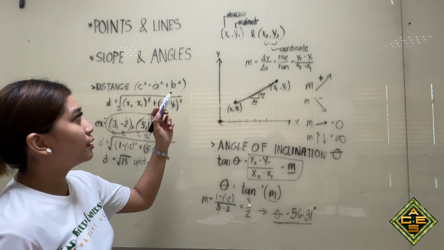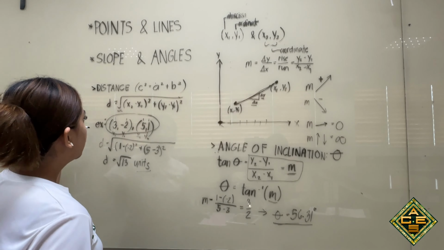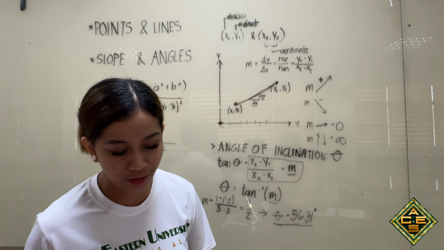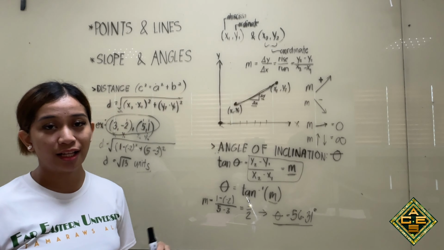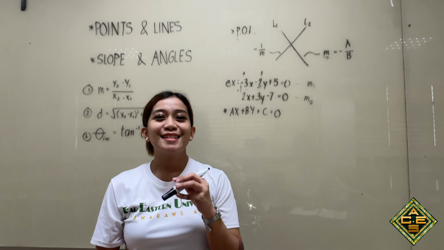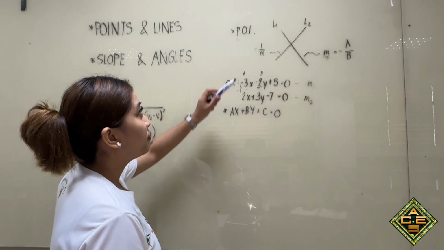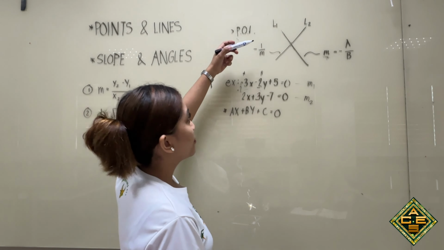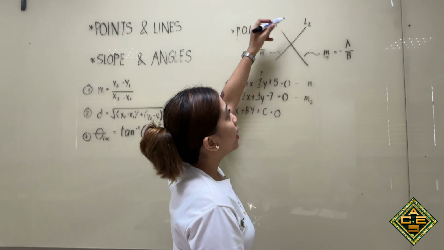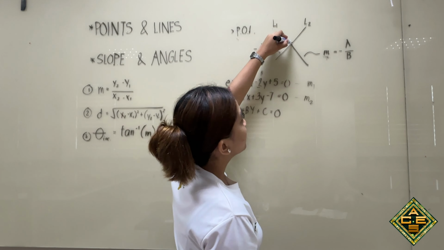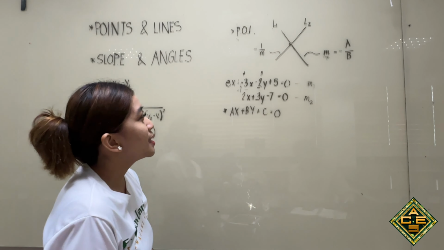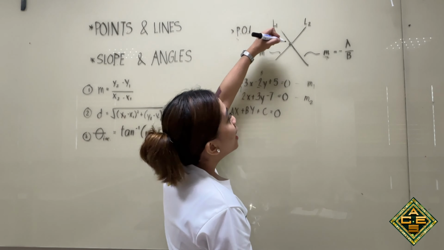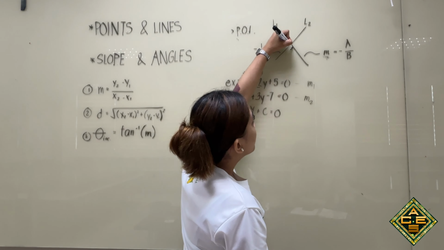So now we have the slope, the distance, and the angle of inclination. So now let's move on to the point of intersection and angle of intersection. So now let's move on to the topic of POI, or point of intersection of lines. So let's say we have these two lines named L1 and L2, and they intersected at this point. So it says in the concept of analytic geometry that if these two lines intersected and are perpendicular to each